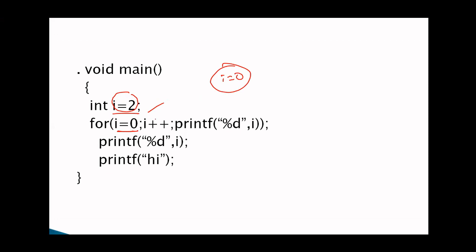Okay. Here initialization is completed. Then I plus plus. What is the I value? 0. 0 plus plus means this is the post increment. The condition is failed. If the condition is failed, we come out of the loop, right?